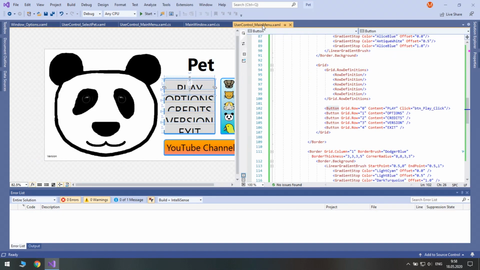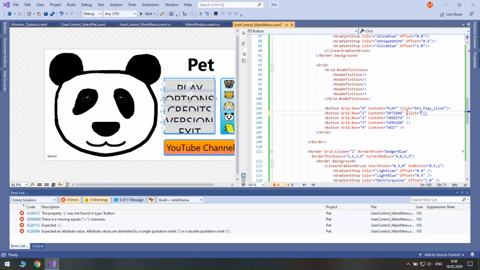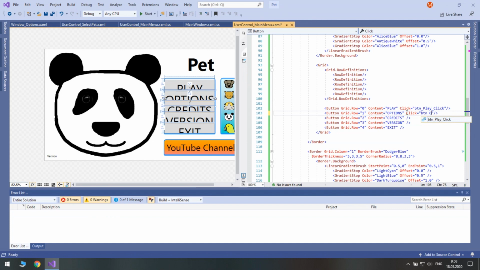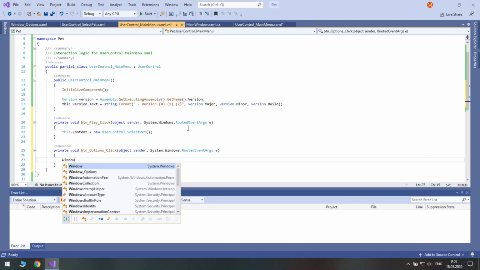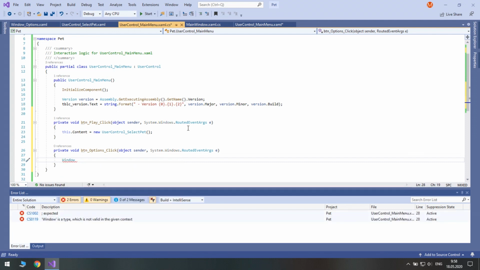Set a click event for the options button. Here we need to create a window and show it.